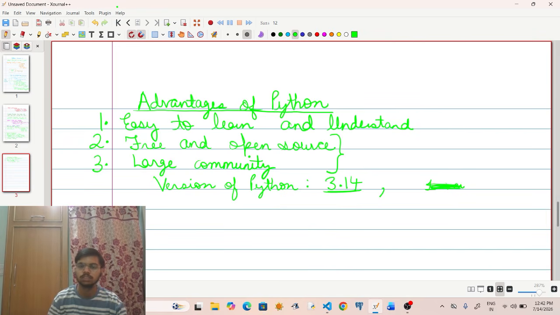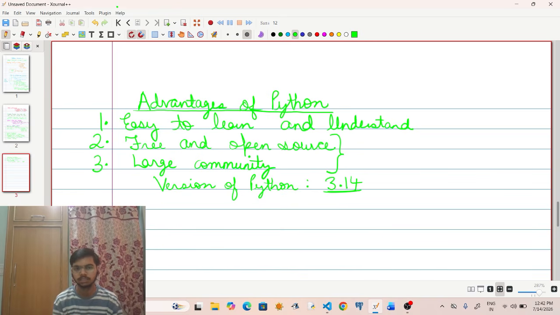When you compare this latest version with the first version of Python, you will see that with time, it has become better.